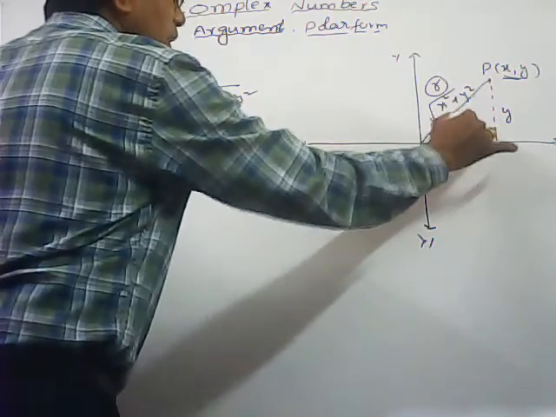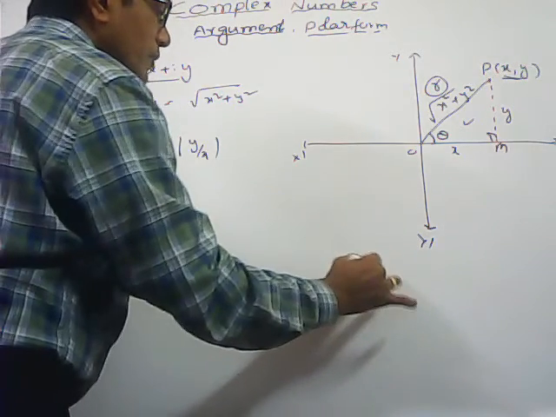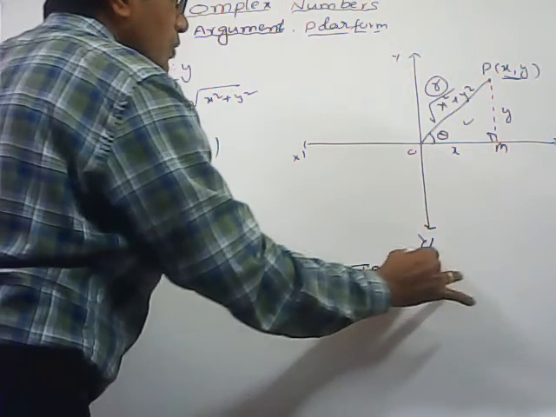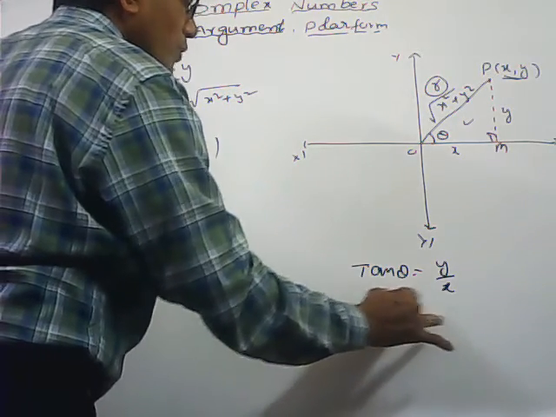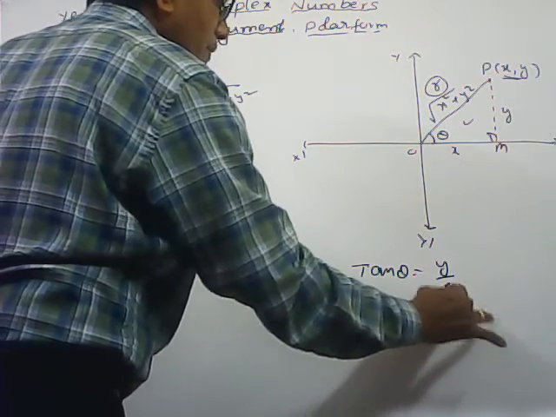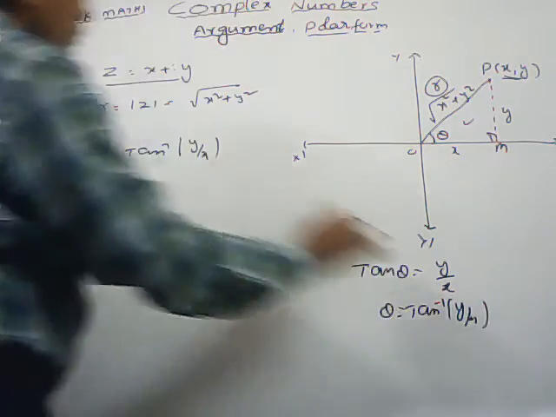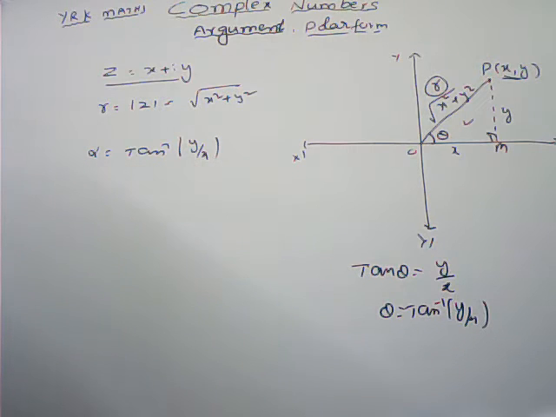In this triangle, if I take tan theta, that is equal to opposite by adjacent side. Theta is equal to tan inverse y by x. Here I am taking modulus of y by x. Always it gives the acute angle between 0 and pi by 2. After getting that one,